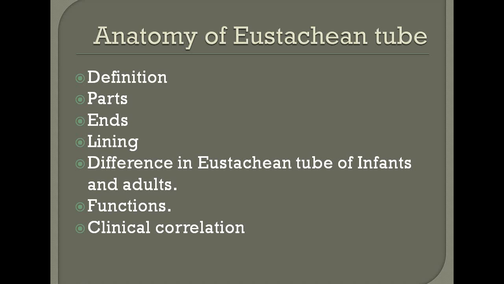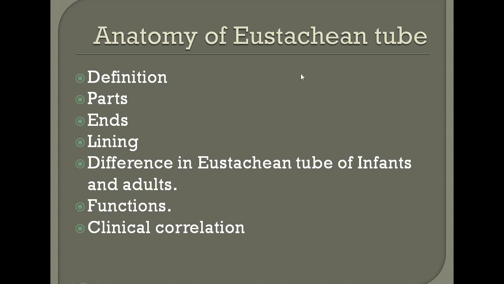Now, just have an example of the functioning of eustachian tube. When the aeroplane takes off or is landing, we are instructed to chew and swallow the toffee. This is because when we swallow, the eustachian tube opens and this maintains the air pressure on either side of the tympanic membrane, preventing the earache.